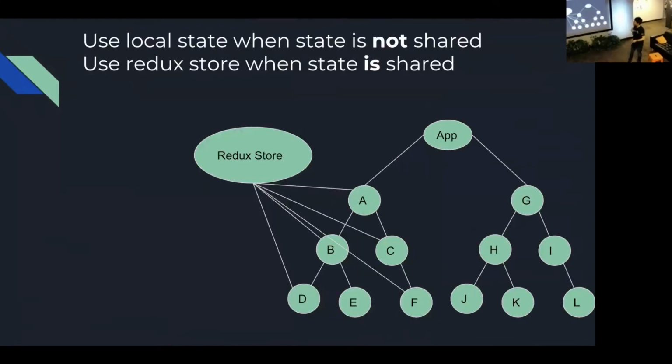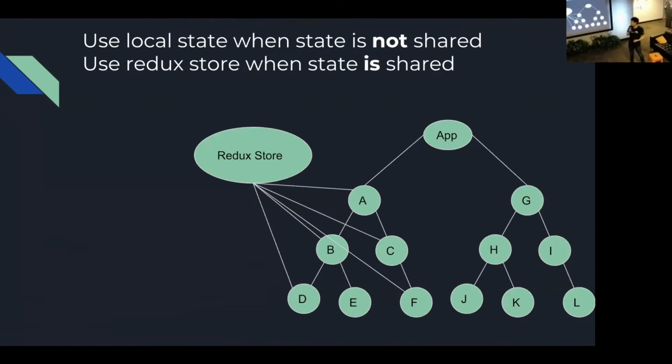So imagine, in that talk, probably not many of you were there, because it was a lot smaller back then. But basically, two things I talked about: when you don't share the state, you want to use local state, because that way you can use that component across multiple different projects. Whereas if you are using that state in multiple different components within your project, then you want to put it